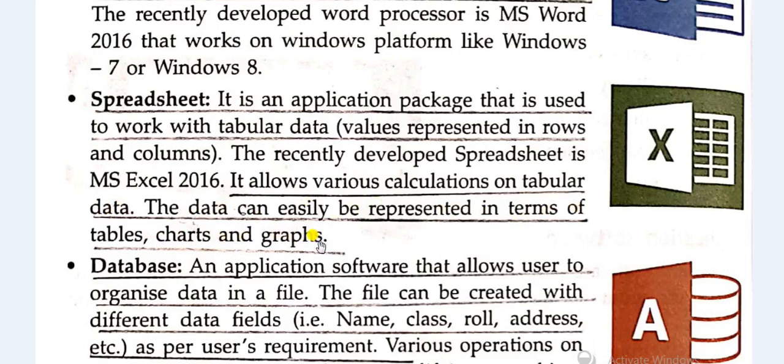So a spreadsheet helps us to perform calculations and display data in the form of charts to analyze in a better way. It is used for creating documents to manage and organize numerical data. Understood? The example is Microsoft Excel.